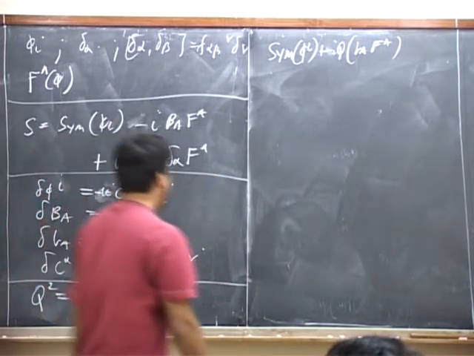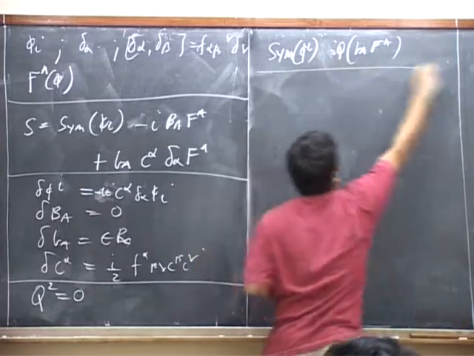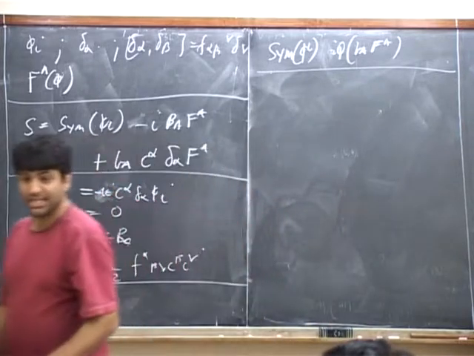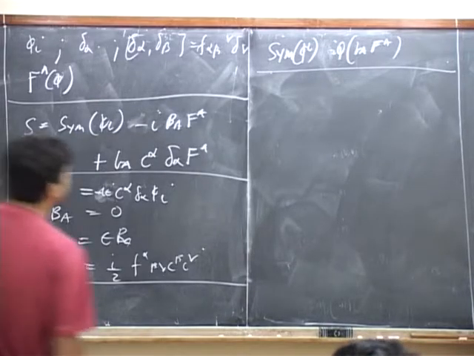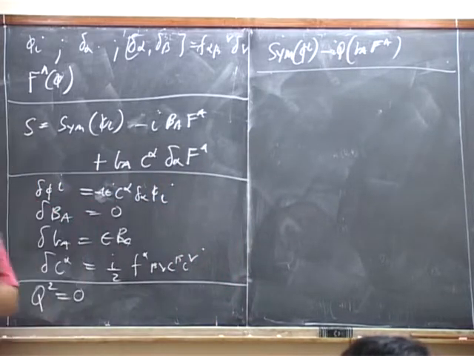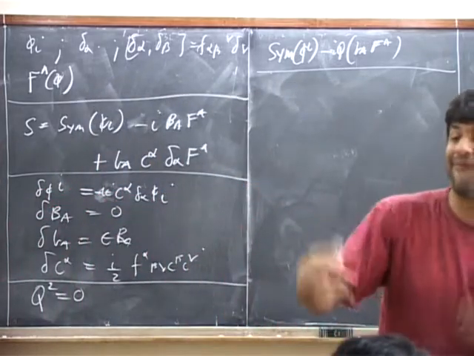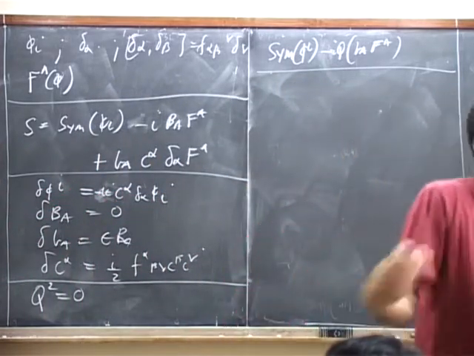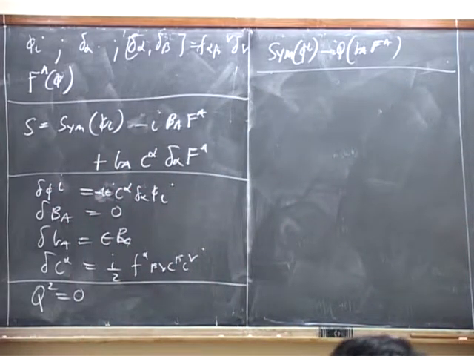And the important point about this action was that the details of the gauge fixing function entered the action in a Q-exact fashion. That is, the action changed by Q acting on something. If we rewrote this in operator language, we canonically quantized the system and wrote down an operator that generates this Q symmetry, then Q acting on this would become the anti-commutator of Q with b alpha F alpha.